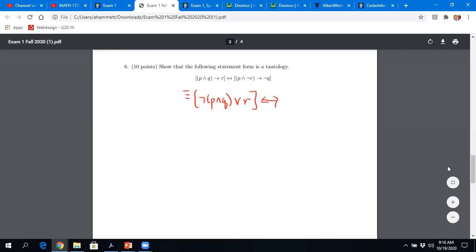And then I go if and only if. Okay, what's the second thing? Not P and not R, or not Q. And then what you did is you applied De Morgan. Like, what's the negation of P and Q? Not P or not Q. So this is the same thing as not P or not Q or R, okay?